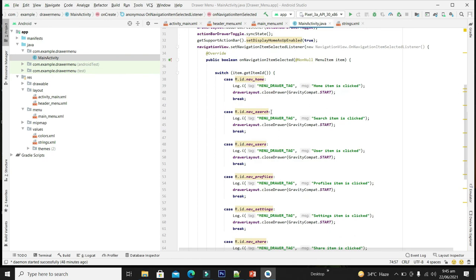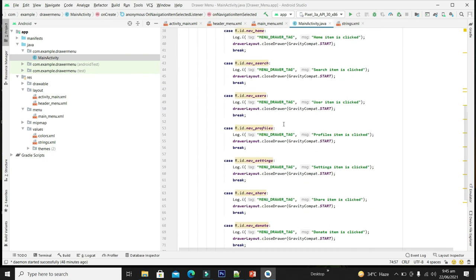So guys, we have handled the item select case for each item.